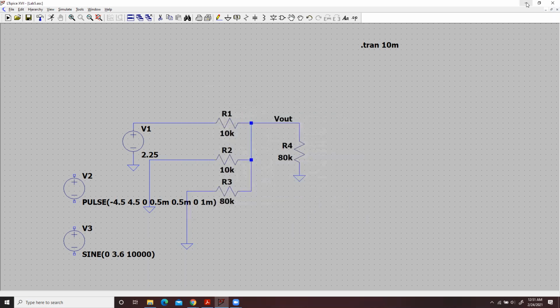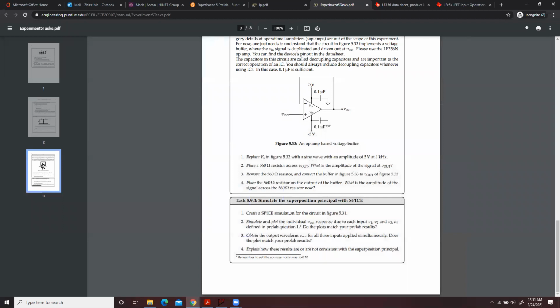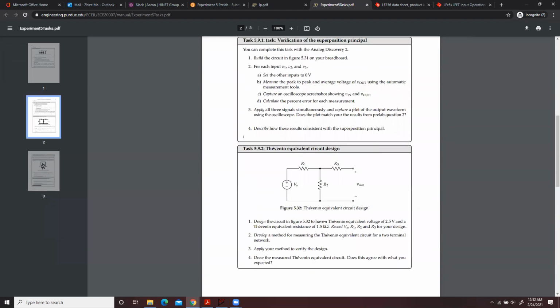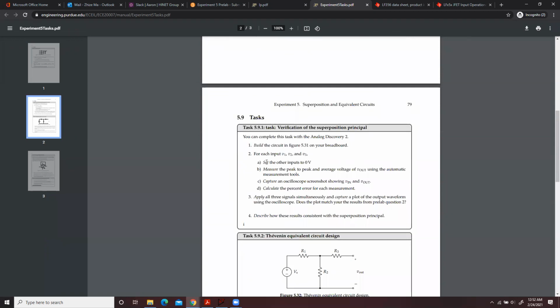All right. So that's task 4. Don't forget to include all the screenshots. Okay. And then task 1 is